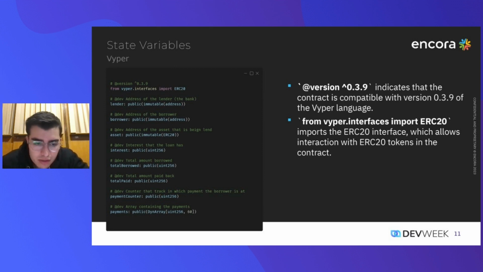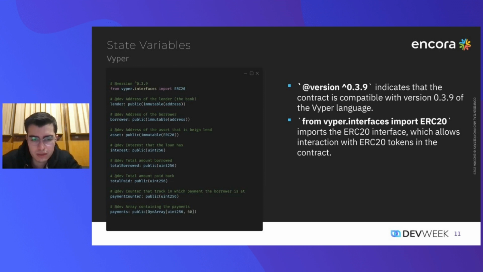So we can see at the end the payments. That is a dynamic array. As you can see, we define the type, and also we define the size with the 60. So that is a 5-year loan, and the other variables. So yeah, we have the version of the smart contract, and we're importing an interface.